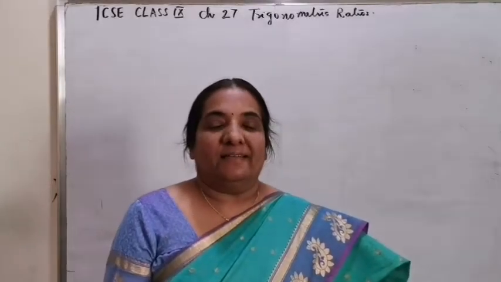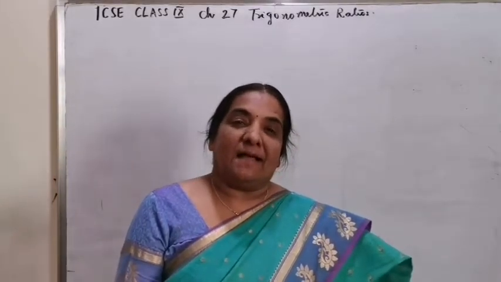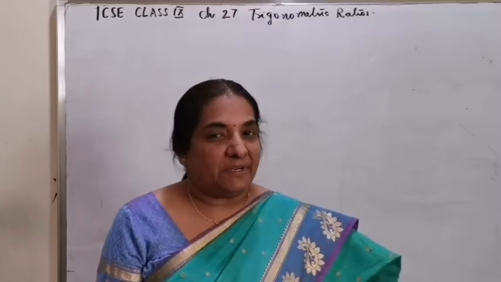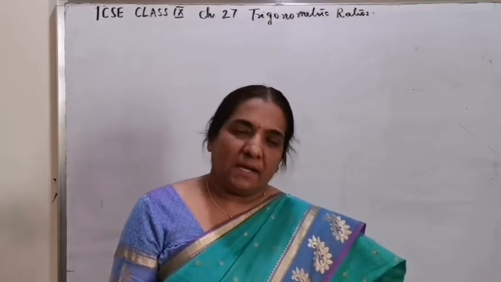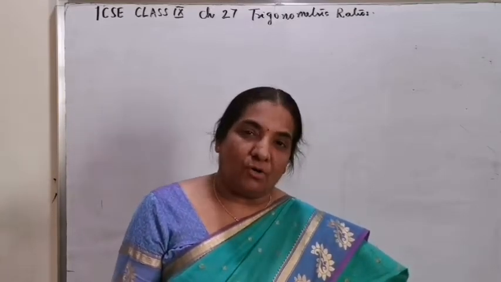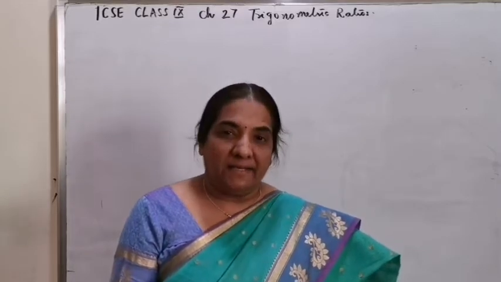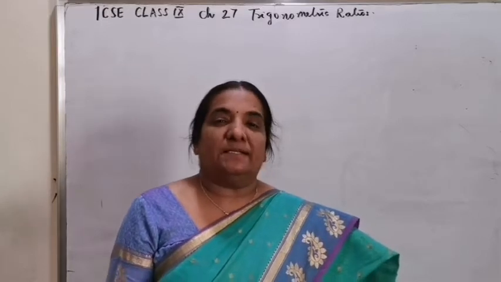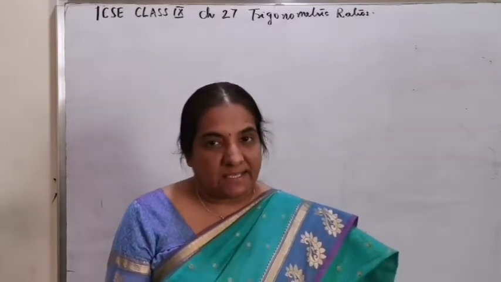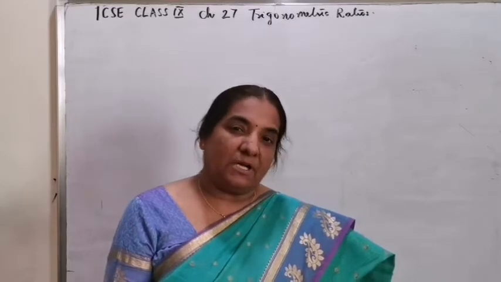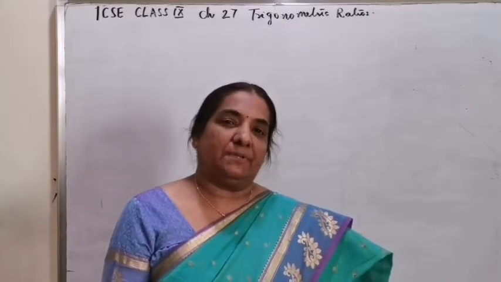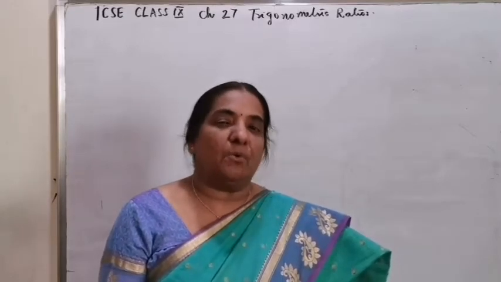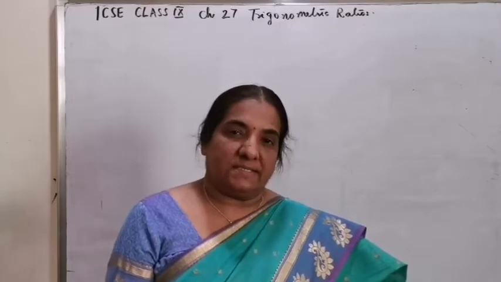Good morning, children. Today's class, I will request all the students just to go through the trigonometric ratios and work out question number 17 onwards on your own, and then switch on the video to see the steps and your answers, so that you can take today's class as a self-assessment class. I will work out all the problems with the steps. You can check where your mistake is and you can award marks to your answers.